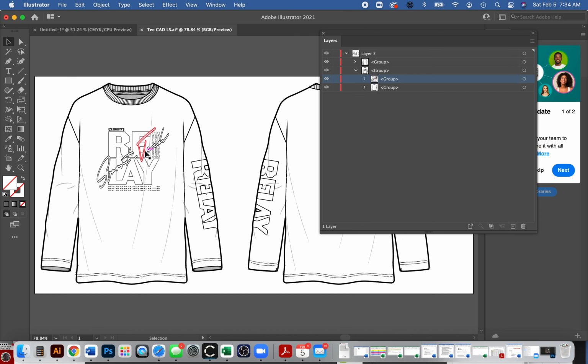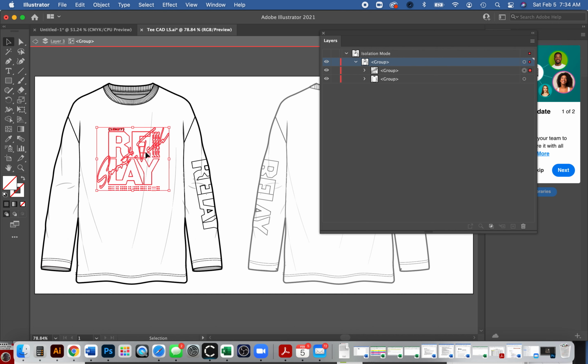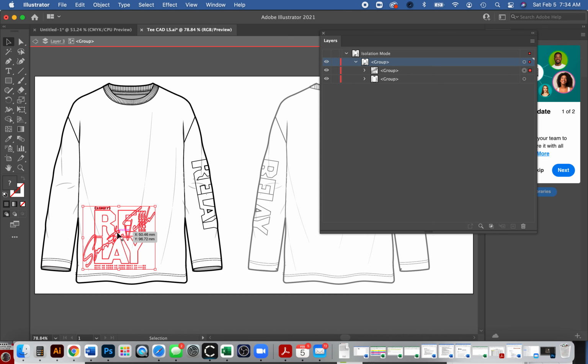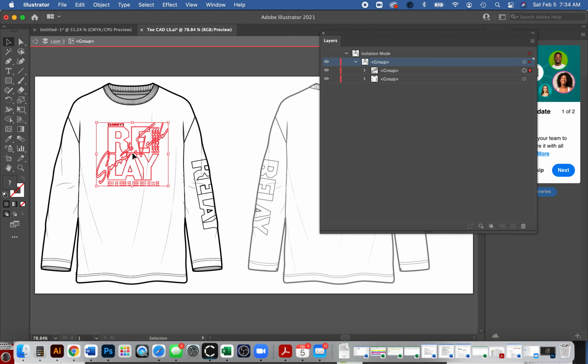So if I want to select just the artwork, I can select this one time and then I can double click. Click, click. Okay, now you see how it has this clear menu up here and the other thing is faded. That means it temporarily ungrouped our work and you can only work in what was grouped. If I now click the artwork, you can see only the artwork is selected. That's what that red box means there. And my shirt is not selected, even though they're in the same group, because it's temporarily ungrouped. So this gives me an opportunity to make a change if I wanted to put it in a different spot or whatever I wanted to do. I can do just that.